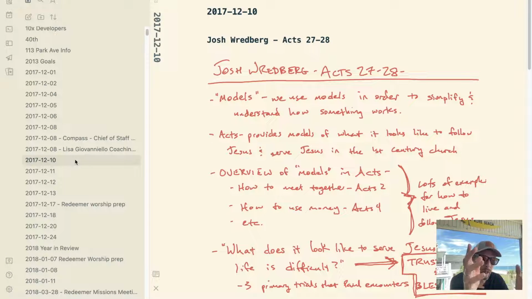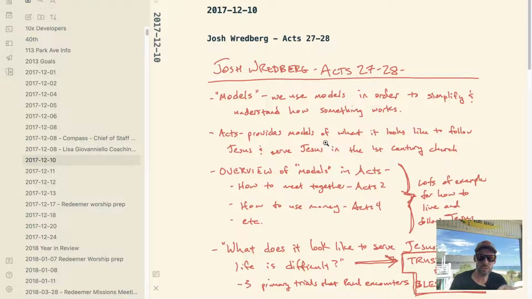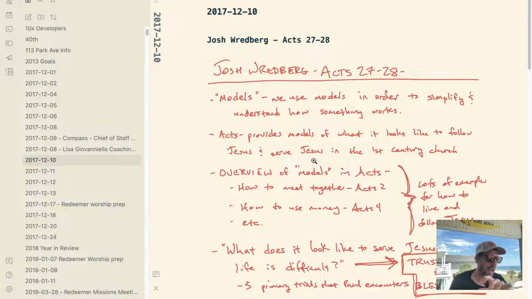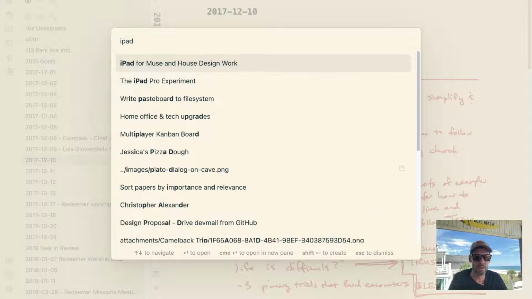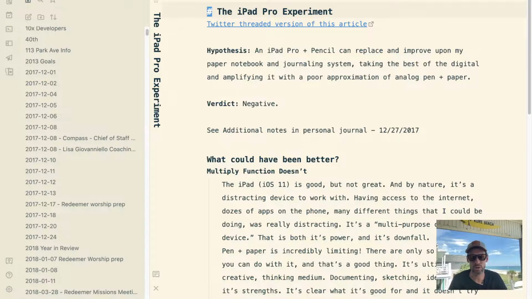I don't have pictures or images or attachments in a lot of the notes that I use, so I'm surprised I just happened to have one selected here, which is from 2017, 5 years ago. This one's interesting because I actually took these notes on an iPad. I bought an iPad Pro with the original Pencil, Pencil 1, before Pencil had a version number. I was taking notes inside of Bear to see how handwriting those notes felt. Needless to say, the conclusion was that it needs some work. Palm cancellation wasn't great. In fact, I wrote up a whole thing on the iPad Pro experiment, about what worked, what didn't work, and that kind of stuff.